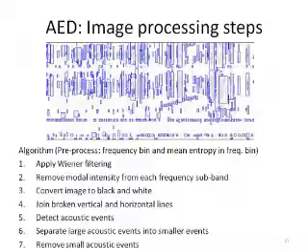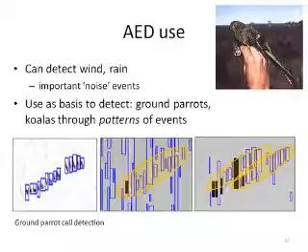It doesn't show that well, but there's a spectrogram underneath, and this is picking out various events. In this case, the particular event that we're interested in is this one here. This is actually a ground parrot, which is a rare species. It's an indicator species, so it's a good indicator of environmental health. And as you can see, that's quite a difficult thing. We've got other overlapping events, for example, here. It's quite difficult to recognise.